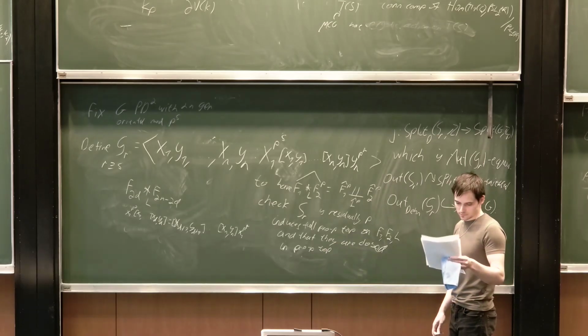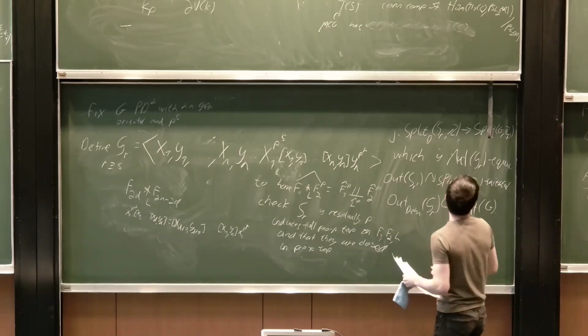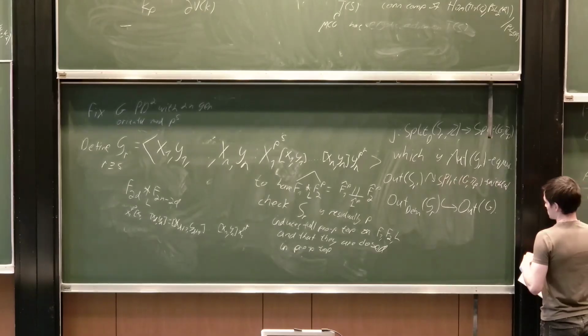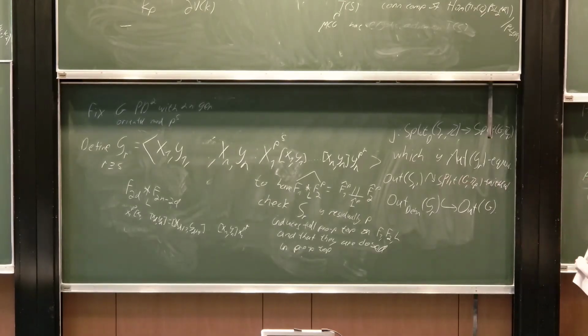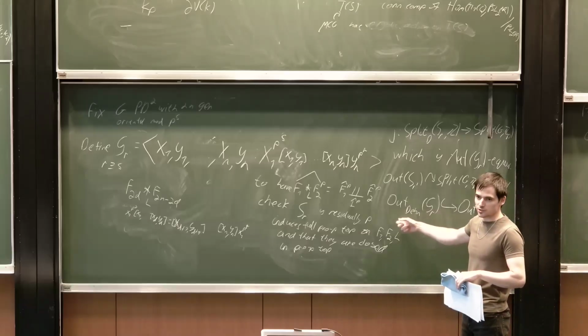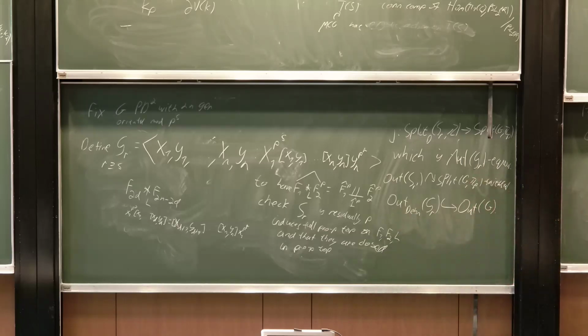And okay, so now what we need to do is to show that the Dehn twists are non-trivial for discrete groups, and to do that,